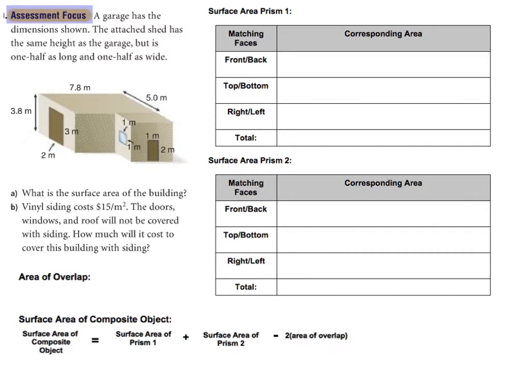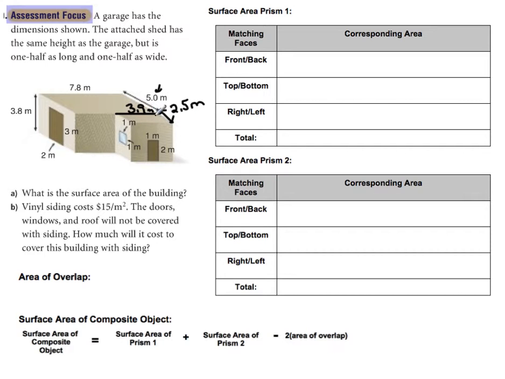A garage has the dimensions shown below. The attached shed has the same height as the garage, but is 1/2 as long and 1/2 as wide. So what they're saying here is that this little area right here would be half as long as this one. So this would actually be 2.5 meters and half as wide. So this width is half as long as this, which is the same thing as that. So if I go 7.8 divided by 2, I'm going to get 3.9